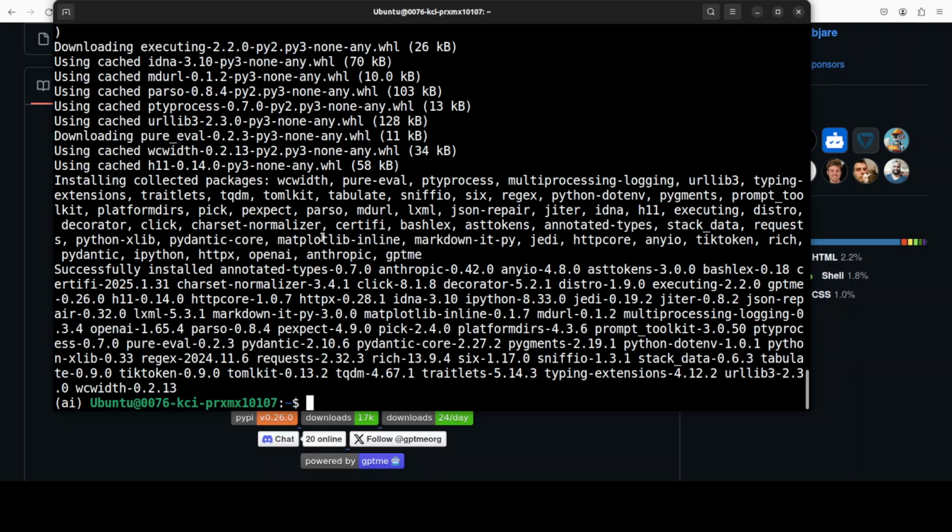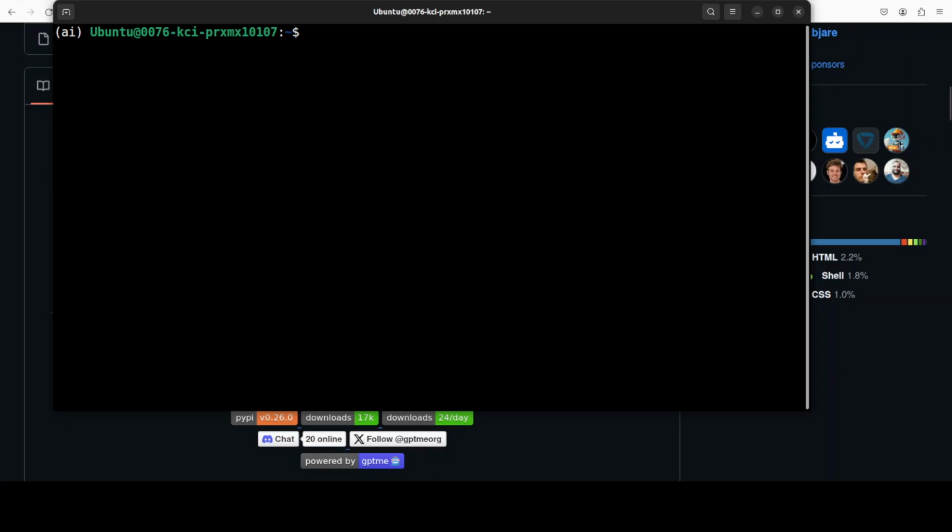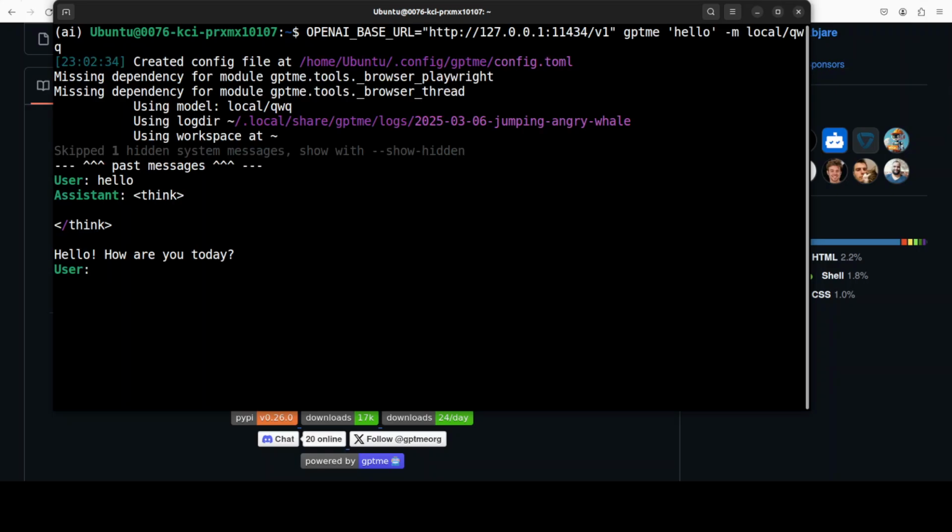And now let me clear the screen and I will show you how you can run this GPTme with Ollama. And there you go. So all you need to do is run this command where I'm just giving it the local URL and port where Ollama is running. This is the default host and default port, then GPTme, and then whatever prompt you want to give. And I'm also giving it this model, which is QWQ, as I showed you earlier. Now if you have multiple models running on your system, you can simply replace this QWQ with whatever model